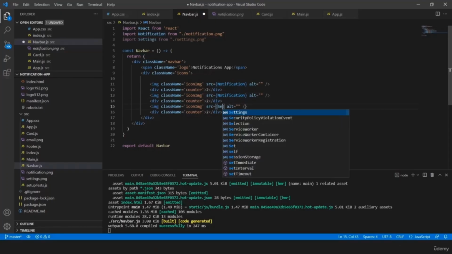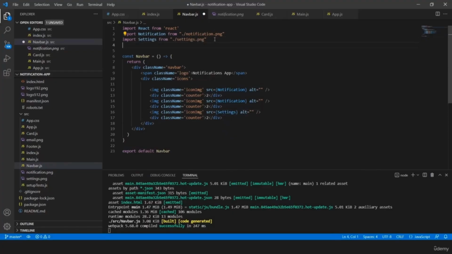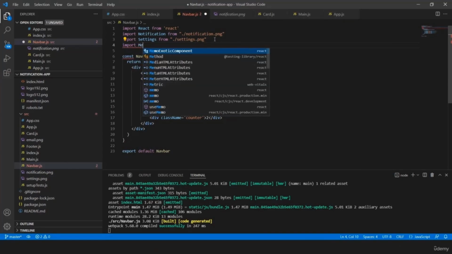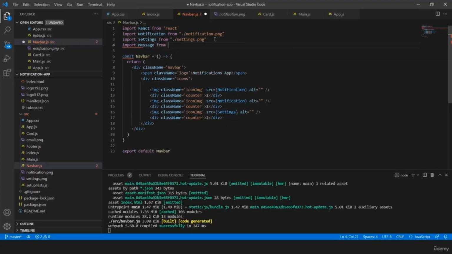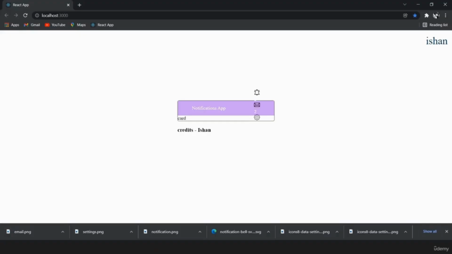So settings, and we'll also import the message from email.png. And now when we save this and give it message, we'll be able to see three icons together, but